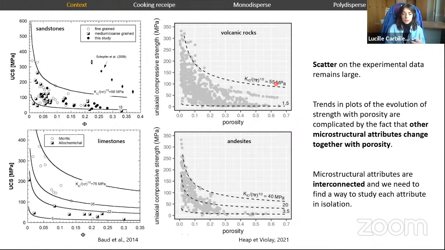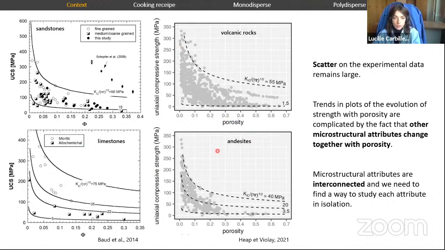So in this talk, the effective properties I'll be focusing on are the hydraulic and mostly the mechanical properties, namely the rock strength, so how the rock behaves when it is submitted to various pressure conditions. So there is a long history of experimental studies on the influence of microstructure on the hydromechanical behavior of natural rocks. Here are two examples of experimental results of the evolution of strength, here presented as UCS, so uniaxial compressive strength, with porosity,